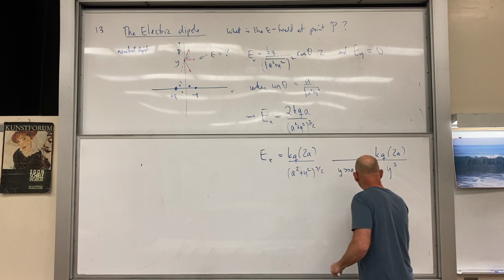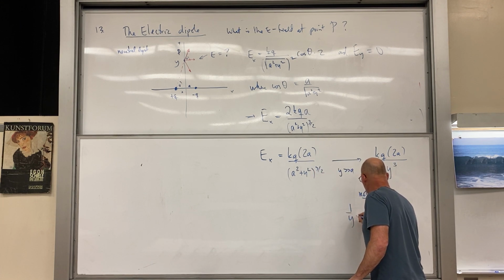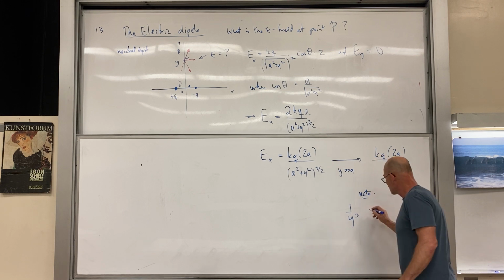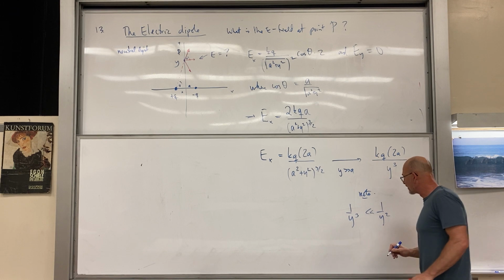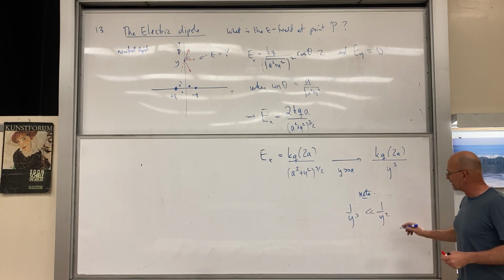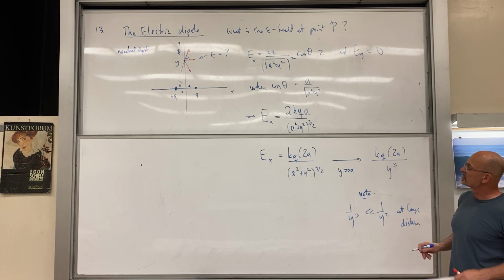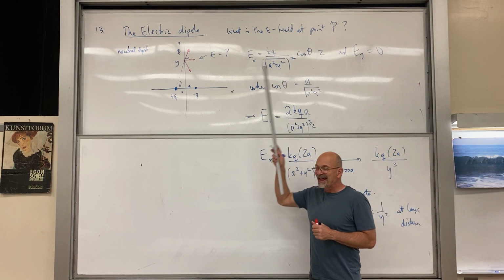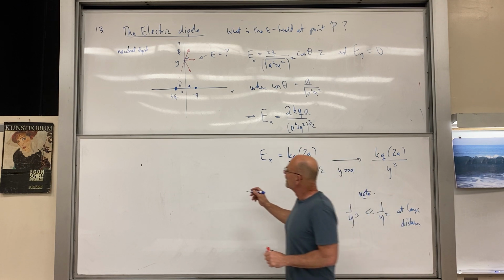So right here, I'm just going to put a note, 1 over y cubed, much smaller than 1 over y squared at large distances, right? At large distances. So yeah, the dipole is a really interesting object. We're actually going to find a magnetic dipole later on in the semester. So let me